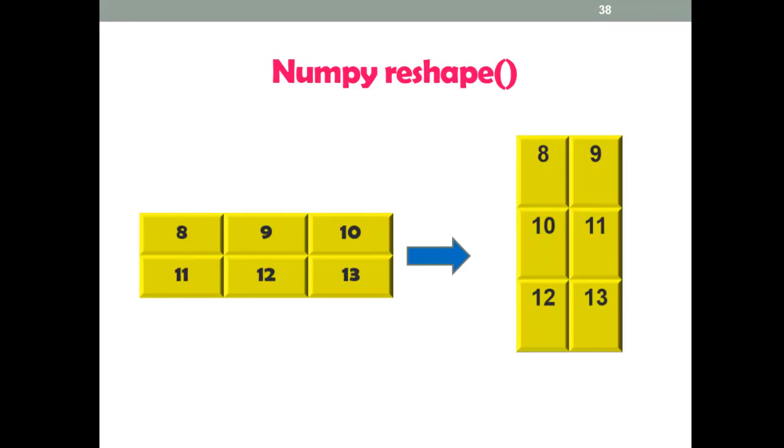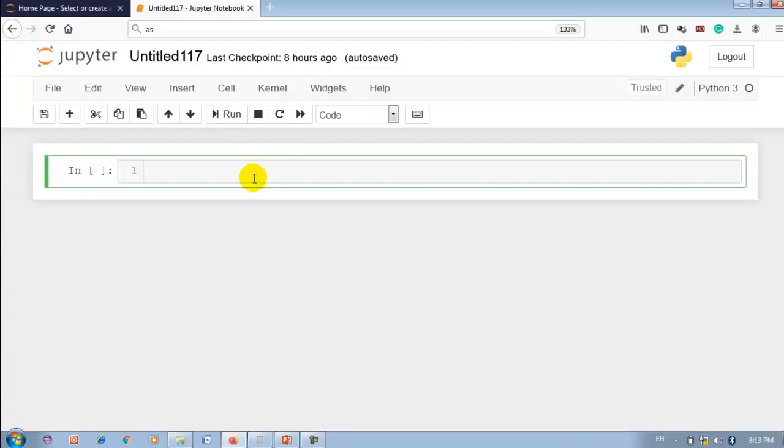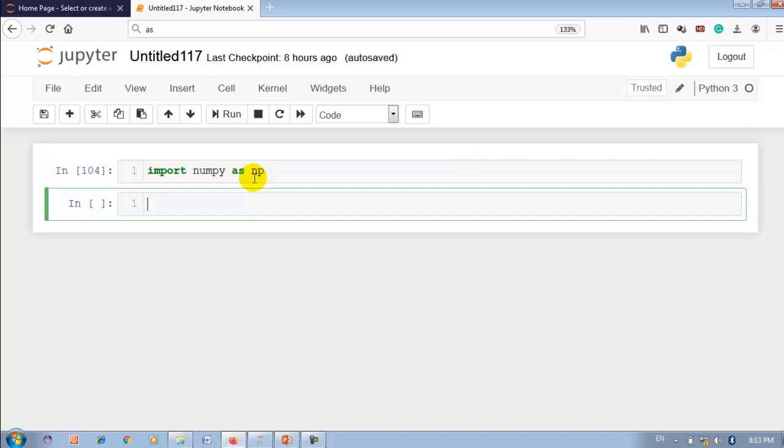Let me show you this practically in the Jupyter Notebook. First, let me import NumPy as np. Now, let me convert 1D to 2D.